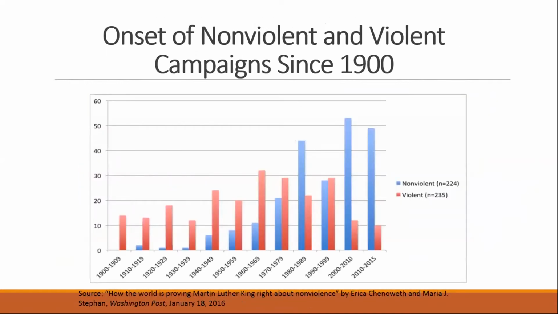The other thing they discovered as they were doing this work is that the onset of civil resistance campaigns has been increasing, that there's been a trend away from armed campaigns over that century and an increasing number of people trying to win rights, freedom, and justice through civil resistance, which suggests that that's one reason this is an important field to study if your peace studies program is not looking at alternative forms of conflict as part of its overall view.